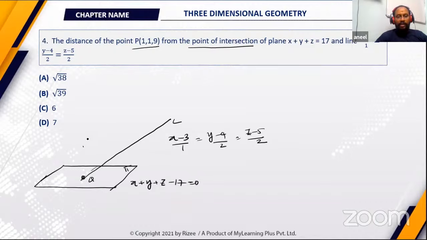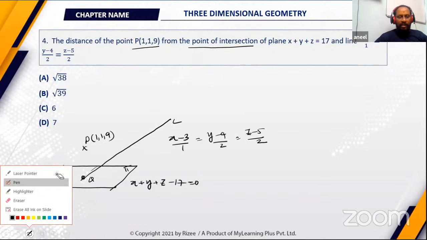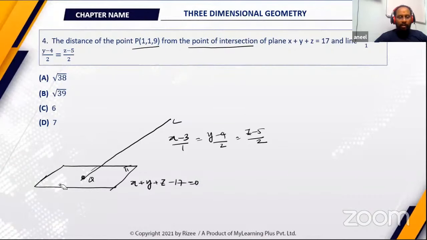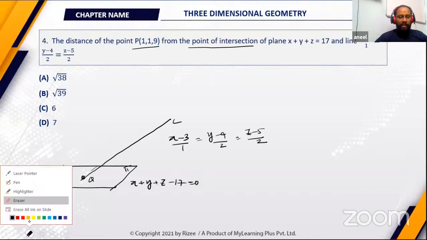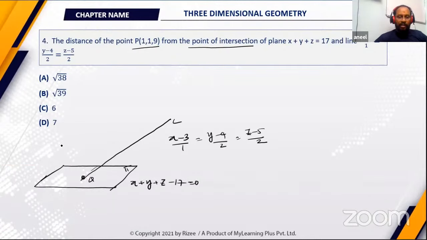Now we need to find the distance of the point P from the point Q. Now, one moment, you may have a misinterpretation here that P is exactly where I have drawn it above. So you may think that we can use the perpendicular distance formula, but need not be. The point is somewhere, so let me keep it somewhere over here, so that you don't have the idea that you have to find the perpendicular distance. You must find Q, then only you can find the distance between P and Q. So to find Q, Q is what? The point of intersection of the line and the plane.